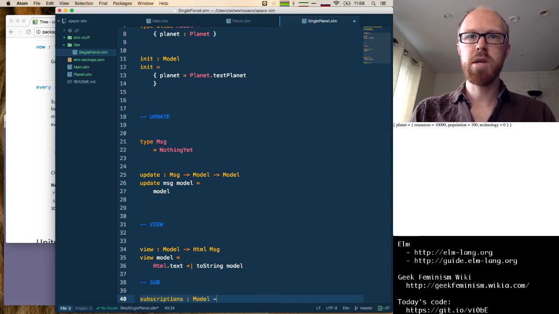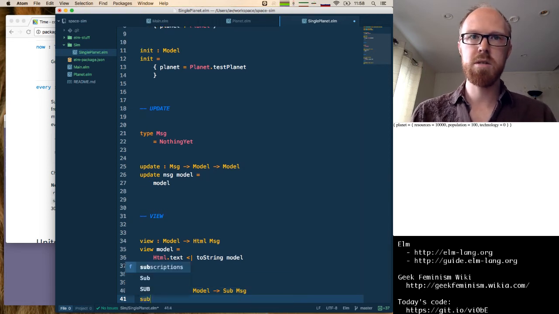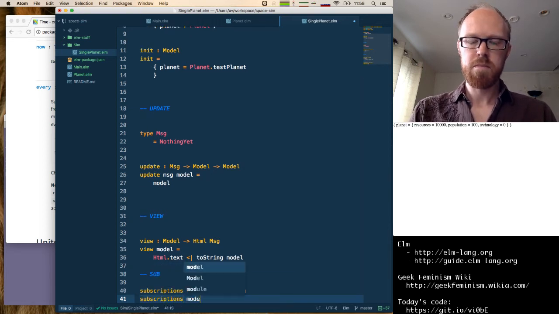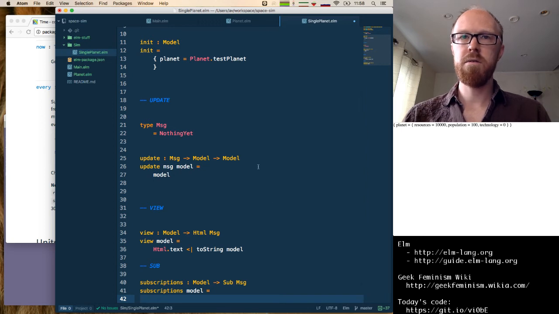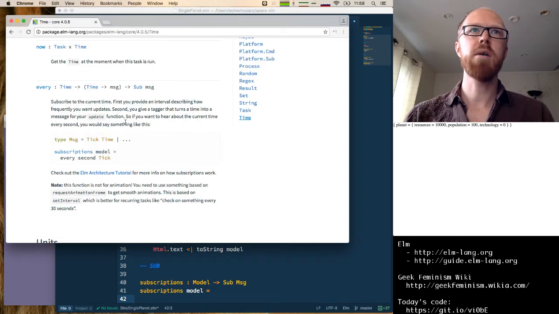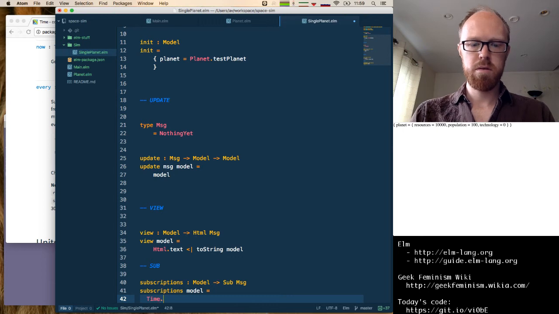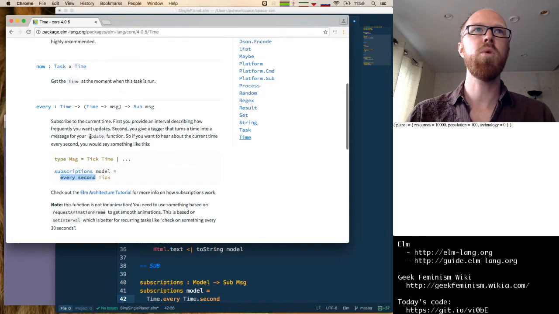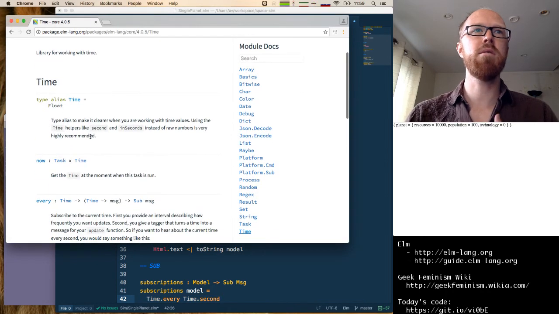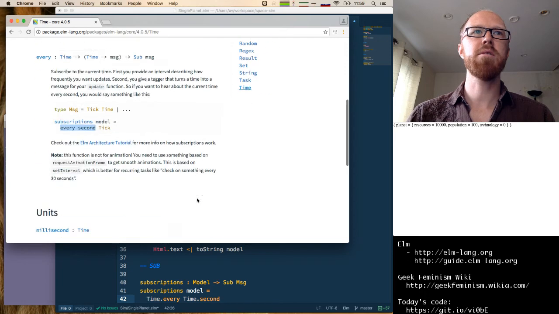So this is going to take a model and return a sub of messages. And for this, we don't really care about the model. We're just always going to subscribe. And it's saying every. So this will be in the time package. Time.every, time.second. Or no, we said we wanted every 200 milliseconds.